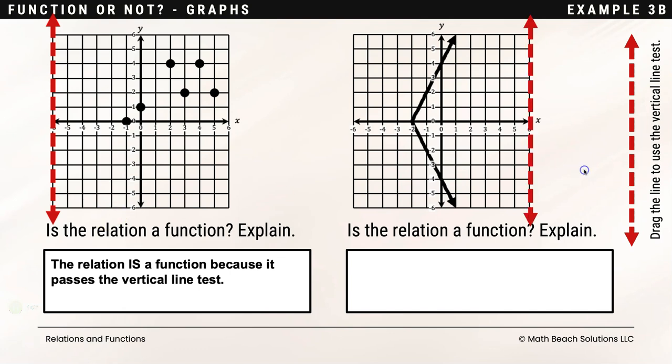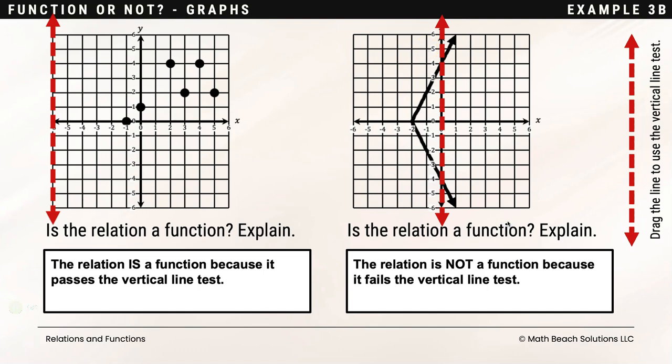And finally, let's look at our last relation. We use our vertical line test, and we see that there are multiple places along the graph where the vertical line intersects more than one point. This means this relation is not a function because it fails the vertical line test. It intersects at 2 or more